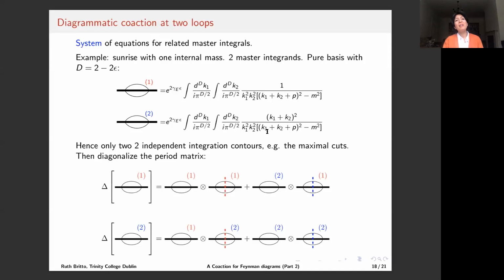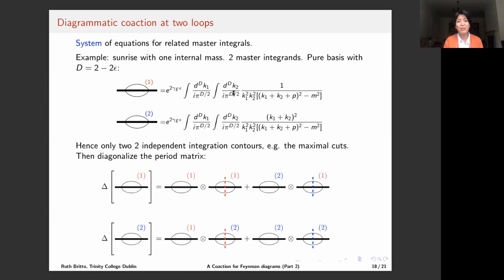Okay, so in the remaining minutes, I'd like to comment on our progress in extending the diagrammatic coaction to 2 loops, and of course with views to beyond. So to do that, let me just illustrate, this is very much work in progress. I'll illustrate it with just 2 examples, the sunset with 1 massive propagator and then the sunset with 2 massive propagators. So here with 1 mass,